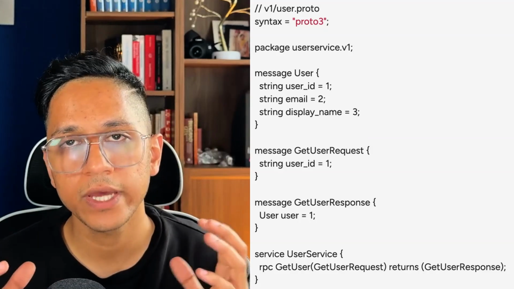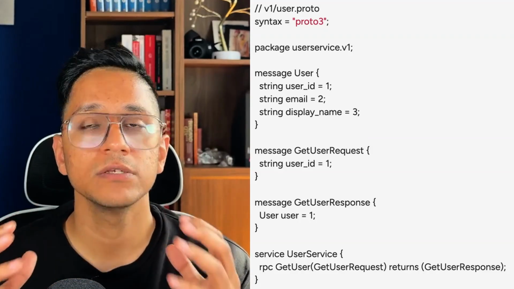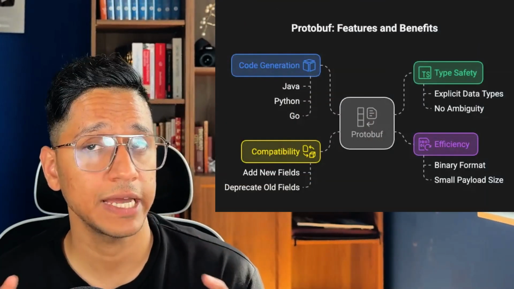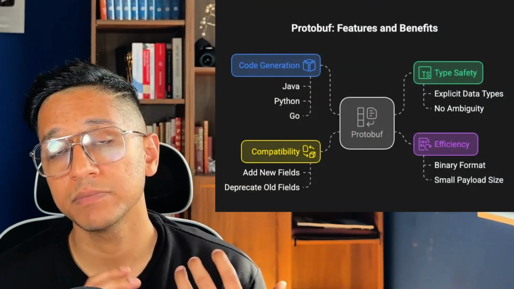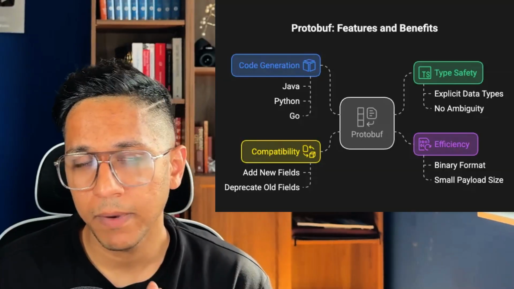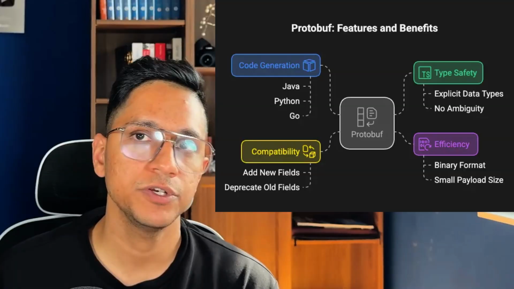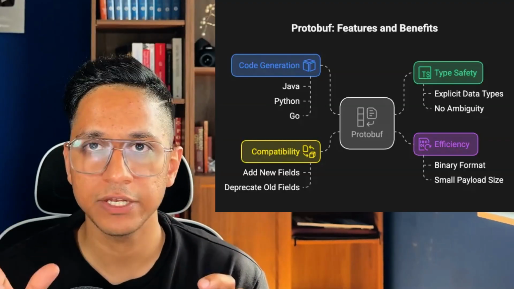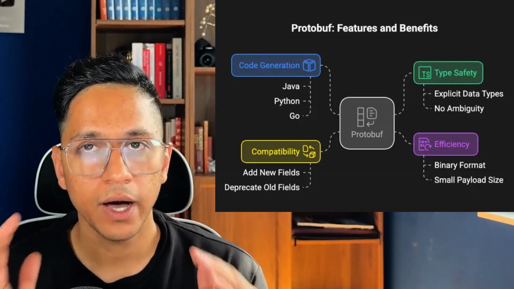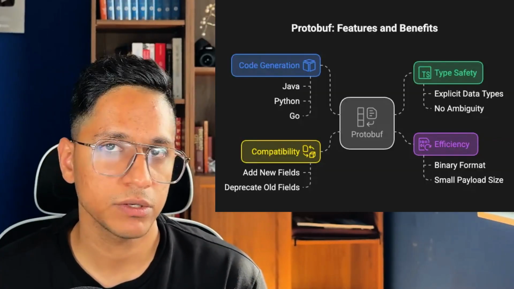Similarly, you can define your schema and related services in simple proto files. Protobuf provides you strong type safety, which means data types are explicit and no more ambiguity. It is efficient and compact as it serializes to a binary format, and it's way more efficient because the payload size is really small and it is suitable for high throughput, low latency applications, especially when compared with JSON-based schema